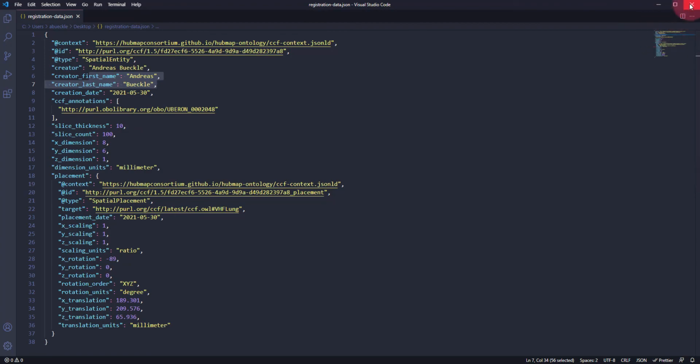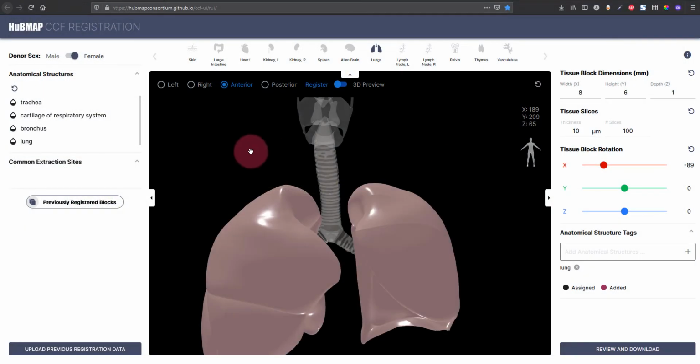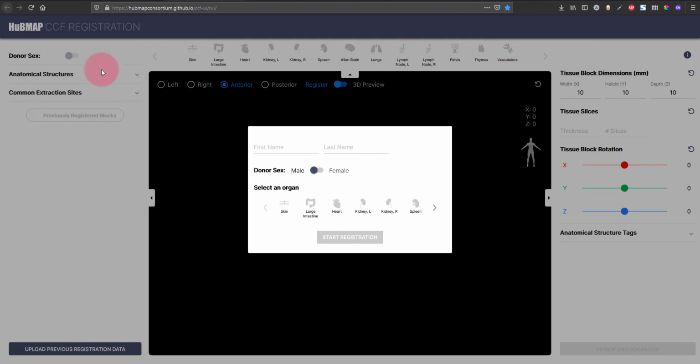So let's go back to the RUI here. Now let's say that you created a registration of a tissue block that you extracted many times, and you just want to reuse it for multiple registrations. Let's go to a blank slate of the RUI. We are again presented with the modal, so I'm going to type in my name one more time.